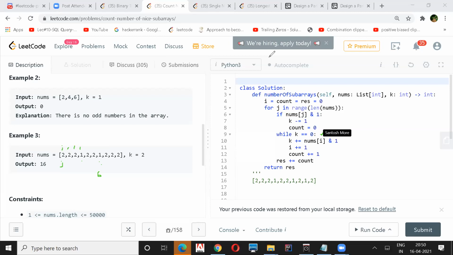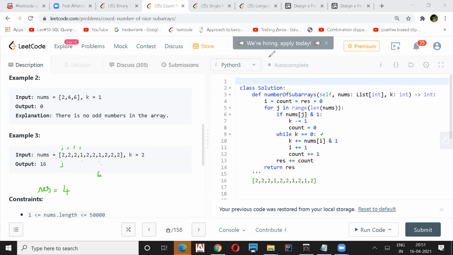So my I is equal to 4, and therefore my resultant array, which will be res, in this case, the first time it will be 4. And then I again go back in this while loop, and my J was here.